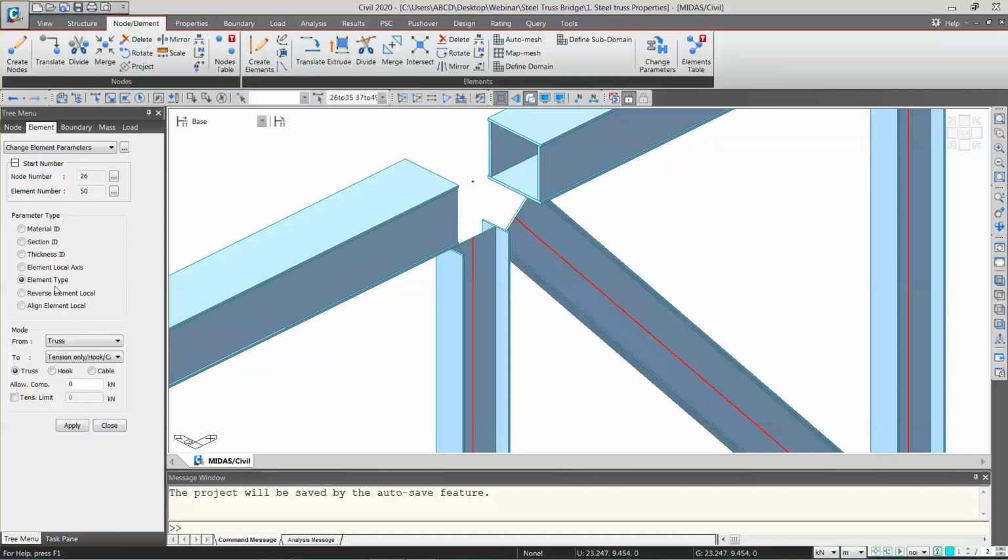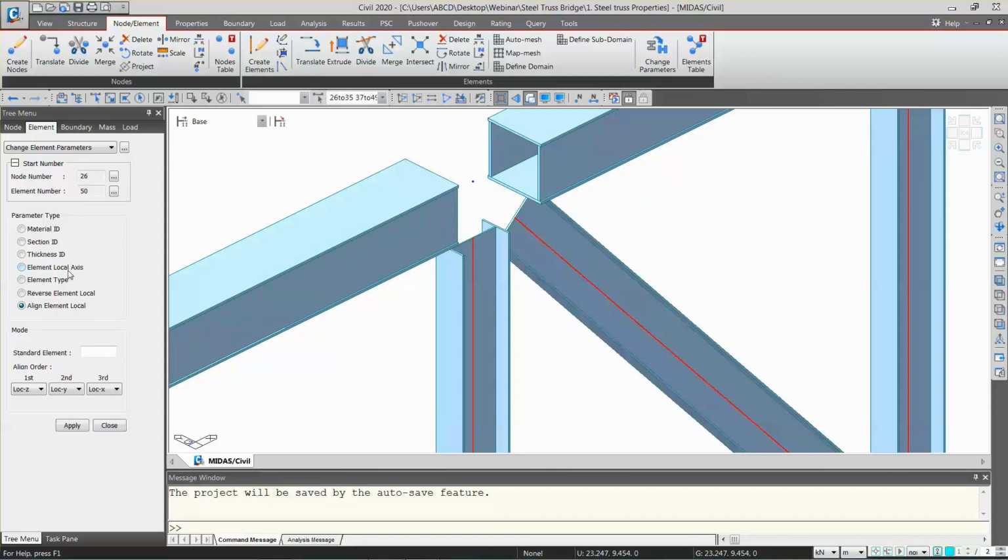The second thing is reversing the element local direction or aligning it. This would be useful when you are dealing with plate elements, because when you manually do or generate the plate, it is possible that all the plates do not have the same local direction. And as you know, local direction is important while extracting the results as well as applying loading. When you apply the load, if the directions are reversed, then the loading directions would also get reversed, right? So you can align them by using align element local.